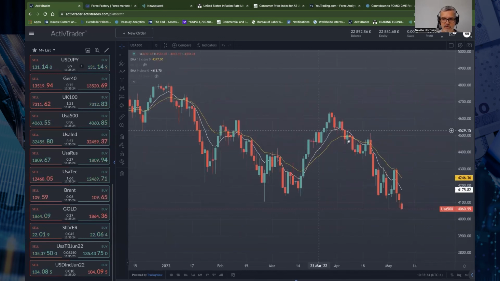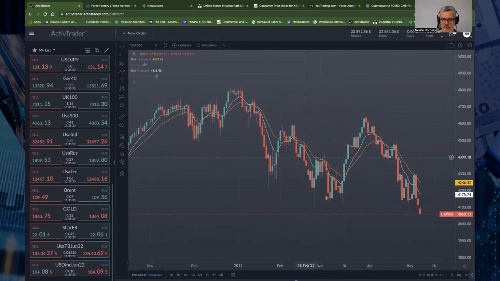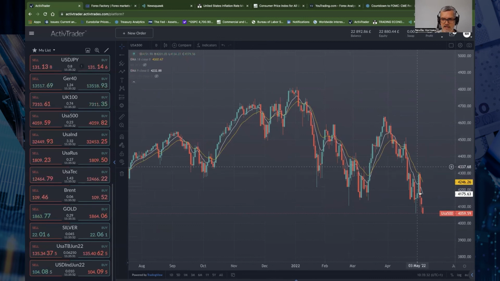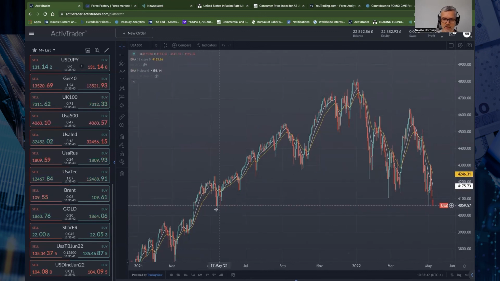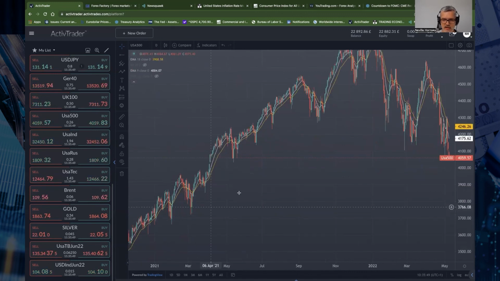This is the S&P 500 benchmark index. Obviously, lots of money managers have to beat the returns on the S&P 500. And at the moment, S&P 500 is now making new lows. We've made this high here, couldn't get back above the swing high from 28th of April, now taking out the low from the 2nd of May. Looking to the left, we're going to try and take this swing low here, I'm sure, from the 13th of May 2021, and then we've just got all of these other swing lows here to target.